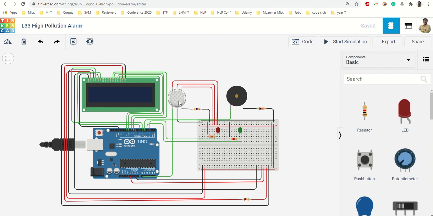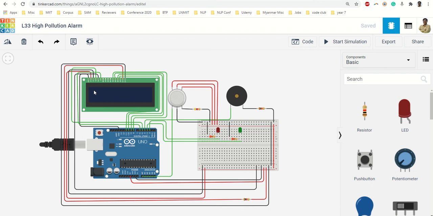So I have that sensor here and I want to display the ppm, or whatever measurement metric is taken for the pollution for that particular gas. I want to display it on the LCD in real time, and if the level is on a higher side, I want to give a siren or some indication that you should stay away from this area.